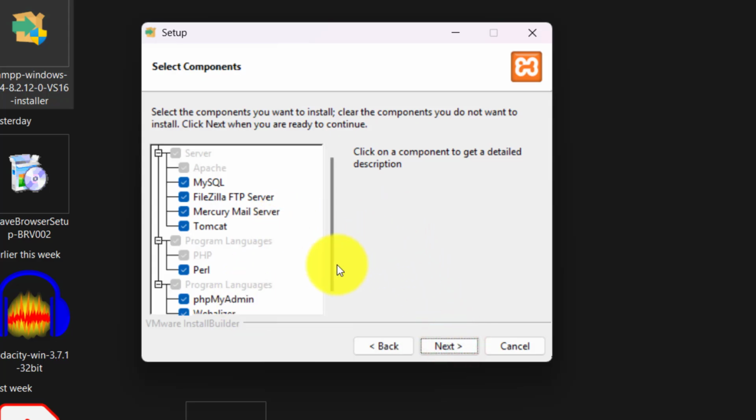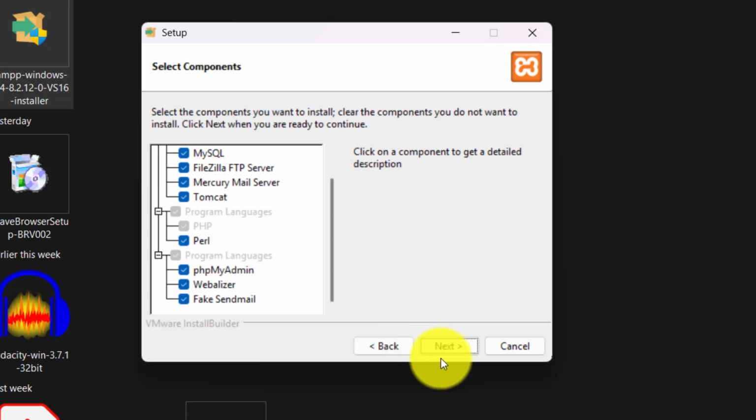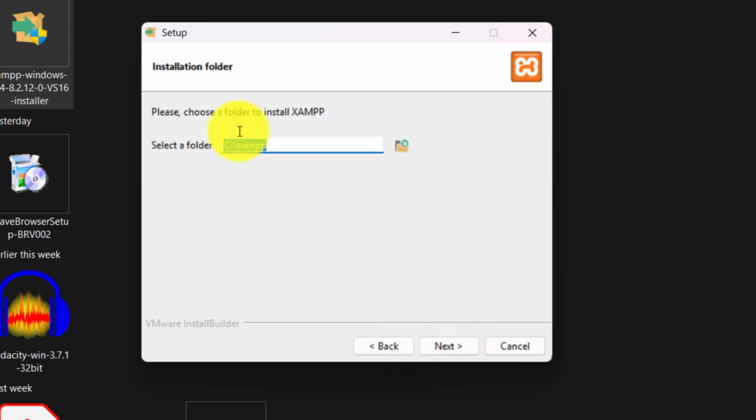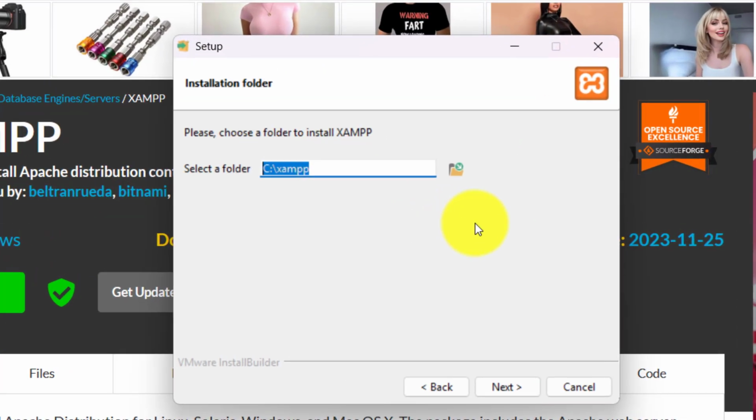Check to see all of these are checked. Then next. This is important. We want to make sure that we have the right folder. In my case, I've already got a folder. But if you click this folder here,